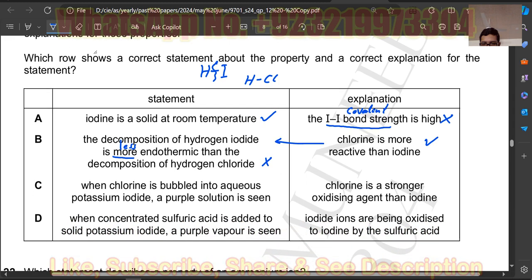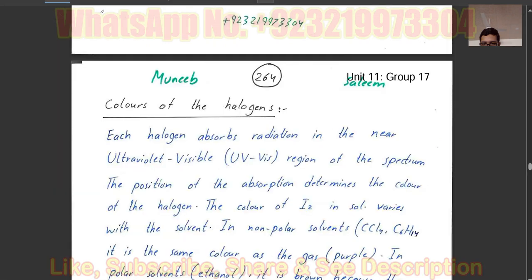Then option number C: when chlorine is bubbled into aqueous potassium iodide, a purple solution is seen. Okay, it means that chlorine is basically doing what? Chlorine Cl2 is basically oxidizing the iodide ion, and that is correct. Chlorine can oxidize, but it says that as a result, a purple solution is produced. That is incorrect. All right, in my notes, it is written here that the color of the iodine in solution